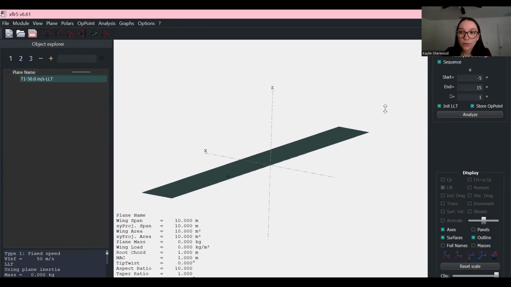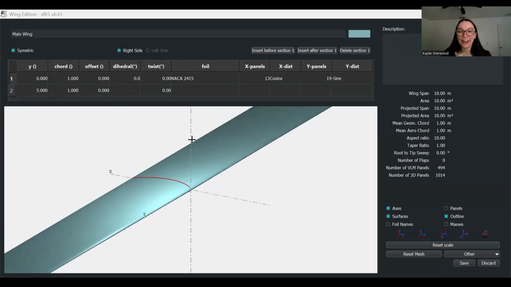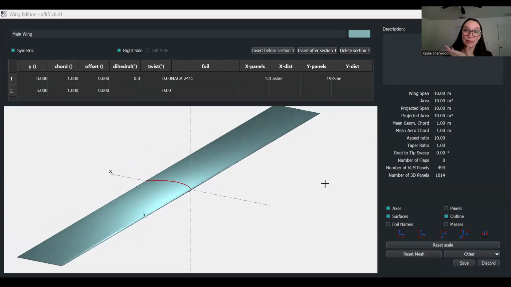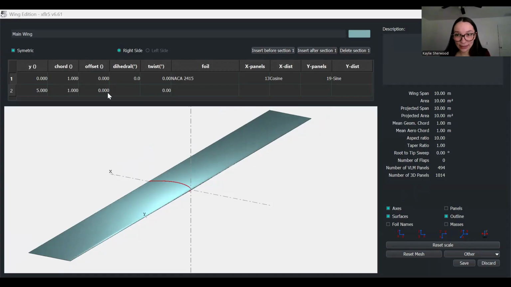Oh, hang on one second. Let me see what's up with this. Okay, well, I clearly have a problem with actually remembering that I need to define what I'm studying here. So that is completely my bad. I'm going to just go back to the define wing, and then I'm going to edit it. And for foil, you need to actually click the NACA2415. Who would have guessed, right? Anyways,